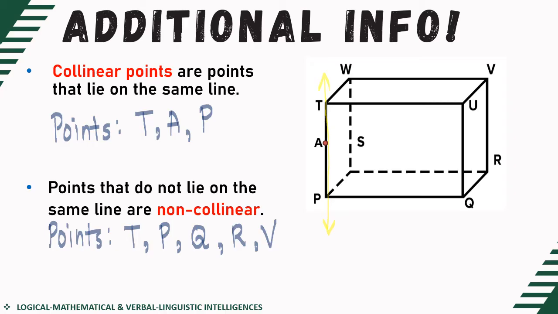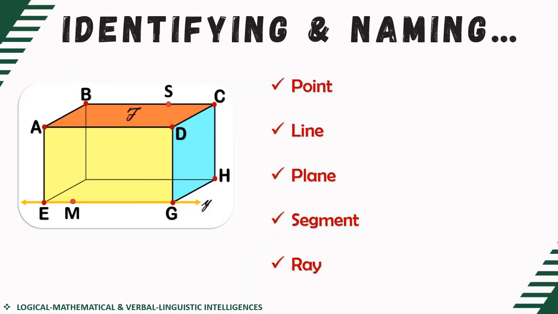So, another example, let's say we have a set of points. We can just have 2 points, let's say point S and point Q. So looking at point S and point Q, let's say our S is here and then our Q is here, we cannot find the 2 points on the same line. So that means they are non-collinear points, as simple as that.